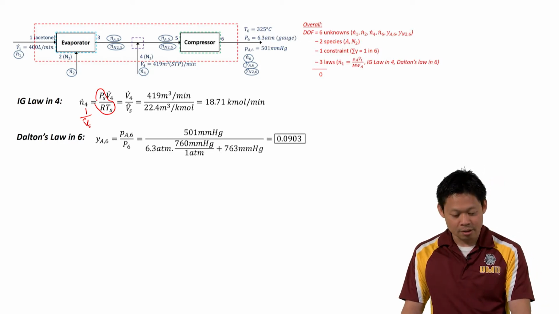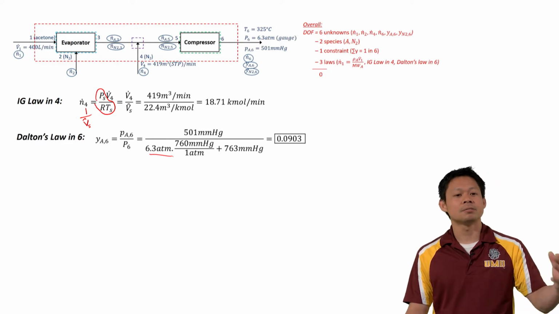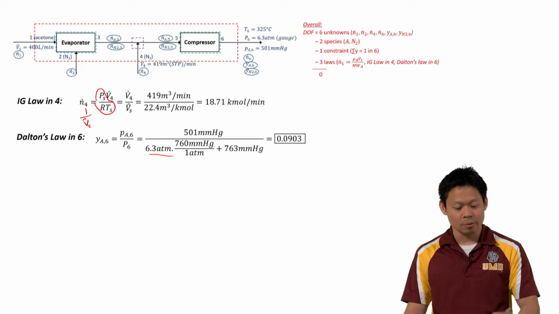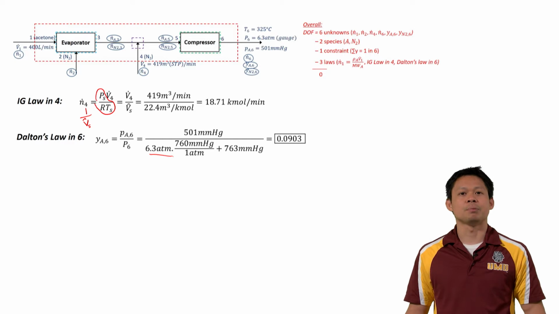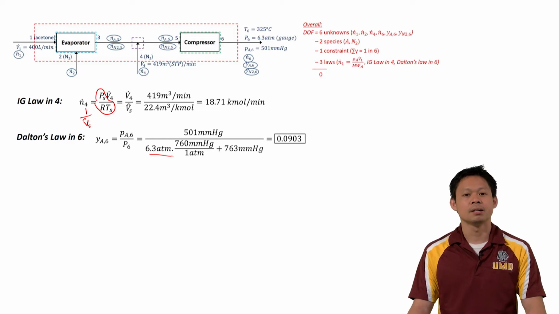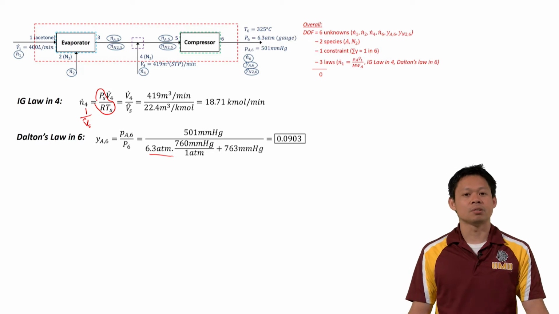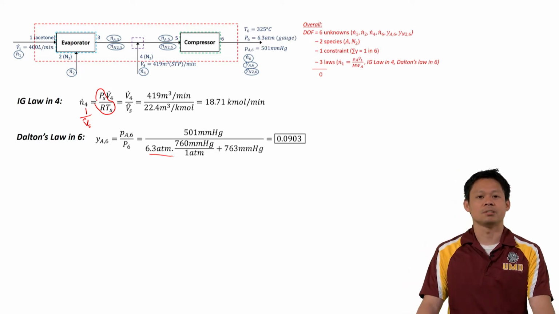In this case, we are told that this 6.3 atmospheres is gauge pressure. So everything in terms of the ideal gas law, Dalton's law, everything should be in absolute pressures, which means we need to add 1 atmosphere to it. And in this case, in the question, we are given that the atmospheric pressure is 763 millimeters of mercury. So we convert that, add 1 atmosphere to that, and we see that the mole fraction of acetone is 0.0903,